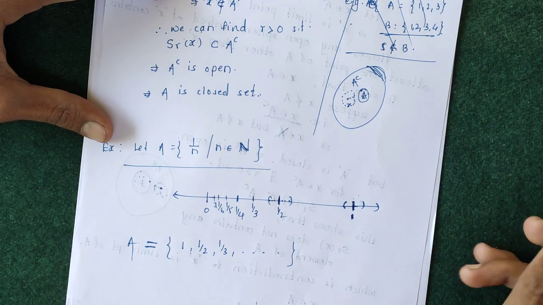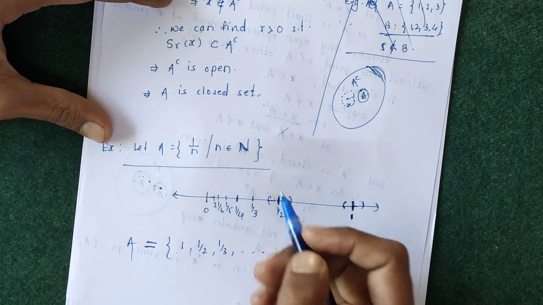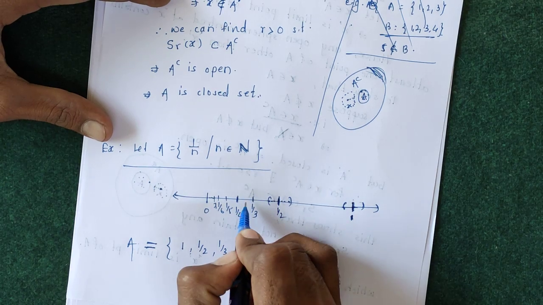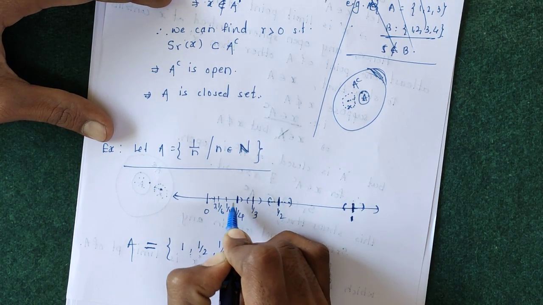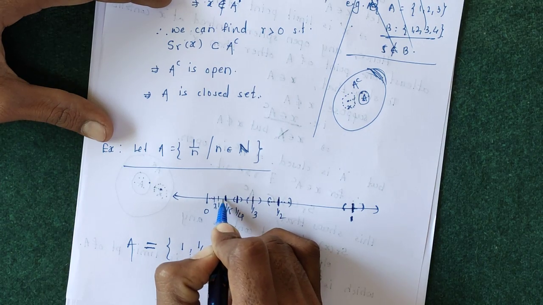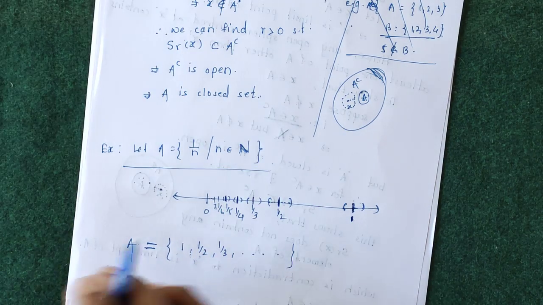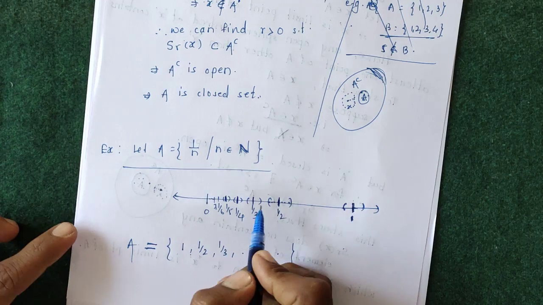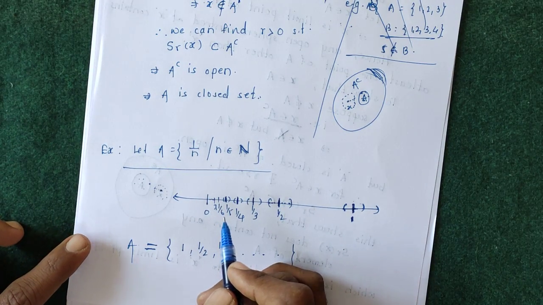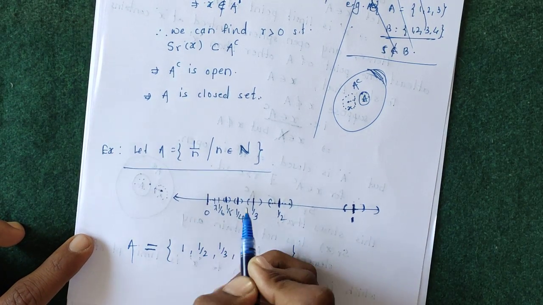If you take 2, 3, 4, there is no possibility of that element being a limit point. Now, if we take 1 by 3, again we can find this. If you take 1 by 4, we can find this. For each such element we can find some radius such that the open sphere does not intersect with A in any element other than the center. So, these points are not limit points, but if we consider 0,